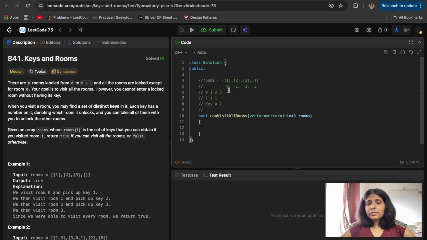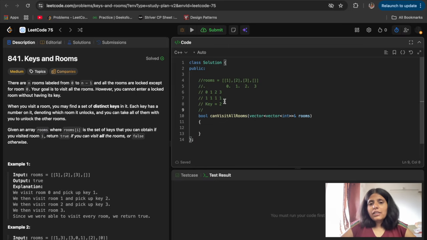Then I have key 3, so I'll visit room 3, and as I'm visiting it I'll mark it 1. Now after doing all this I'll check if I have visited all the rooms or not.